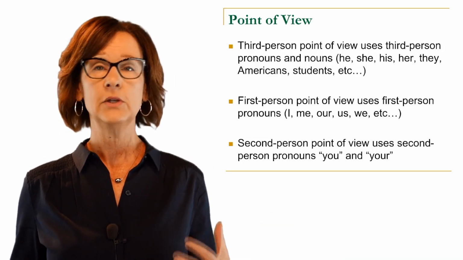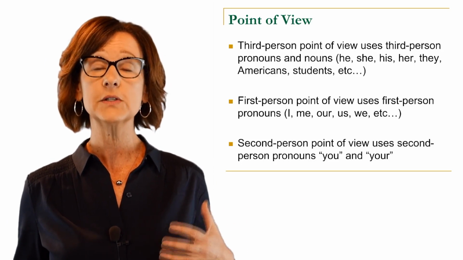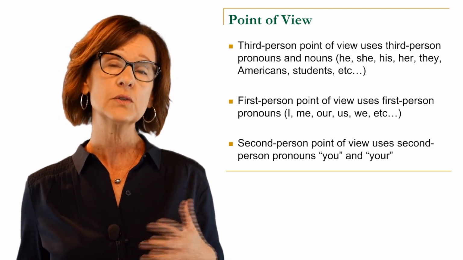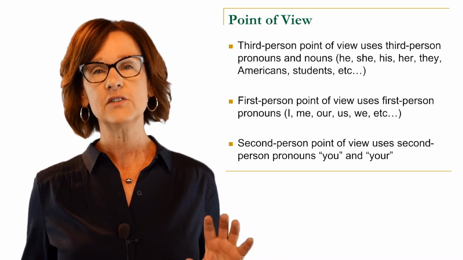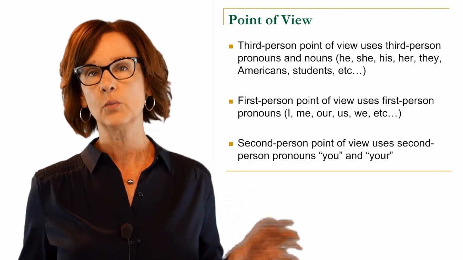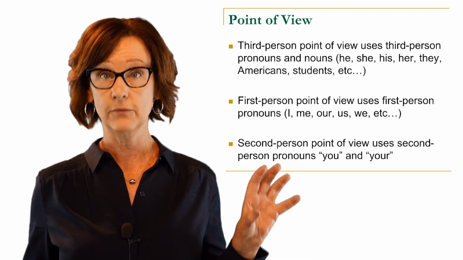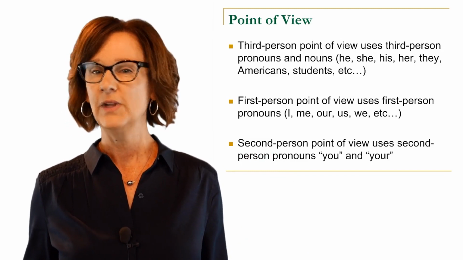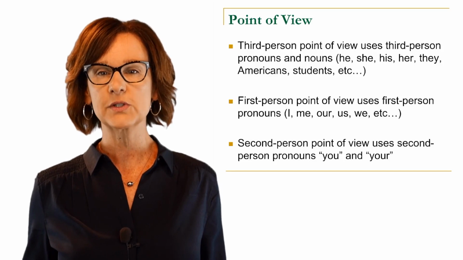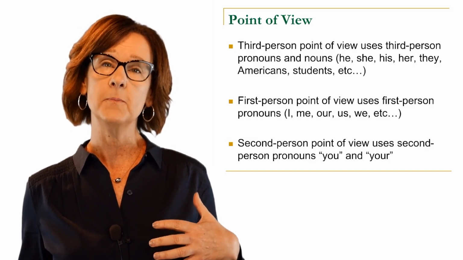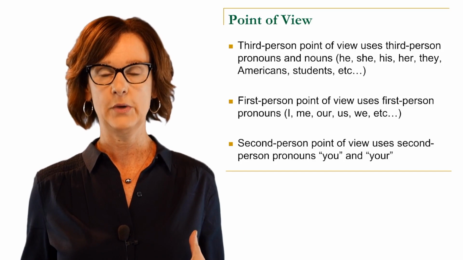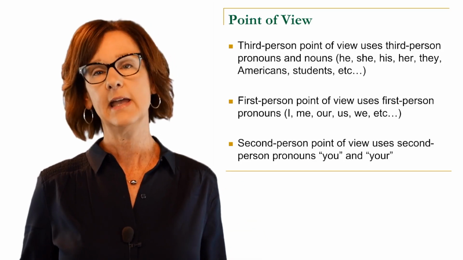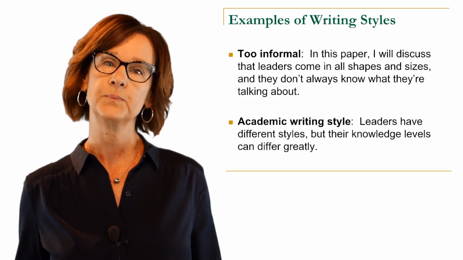First person, again, you have your singular I, me, but also those plural first person pronouns like our, us, we. Those are all first person. Again, that automatically makes your writing sound more personal and informal, and unless you've been told to use it specifically, you don't want to. And you really don't ever want to use second person point of view where you use you and your as pronouns in your writing. That's kind of a no-no in general. So stay away from those and focus on third person point of view.